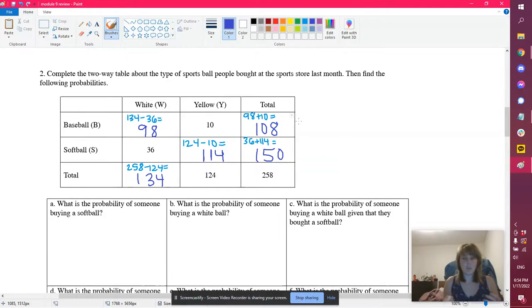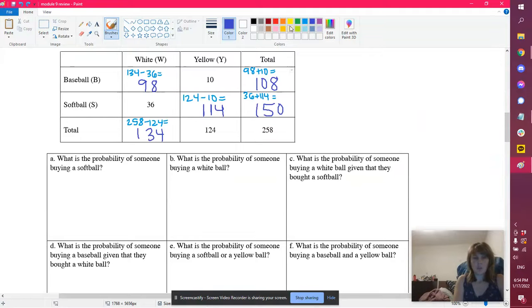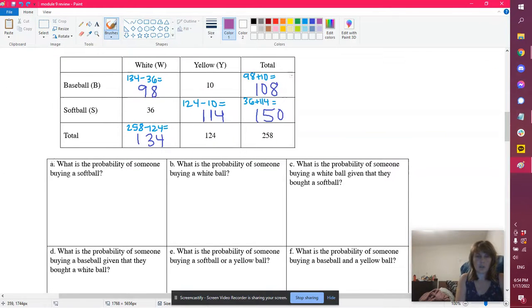So the main thing when filling out the two-way table is you find a row or a column that has two of them, and then you solve for the last one by knowing that the first two numbers added together equal the third number. All right, and now we've got our data, so now we can do some probabilities. We want to write, I'm going to write the probabilities my way, and then we're going to solve them. So the probability of someone buying a softball,